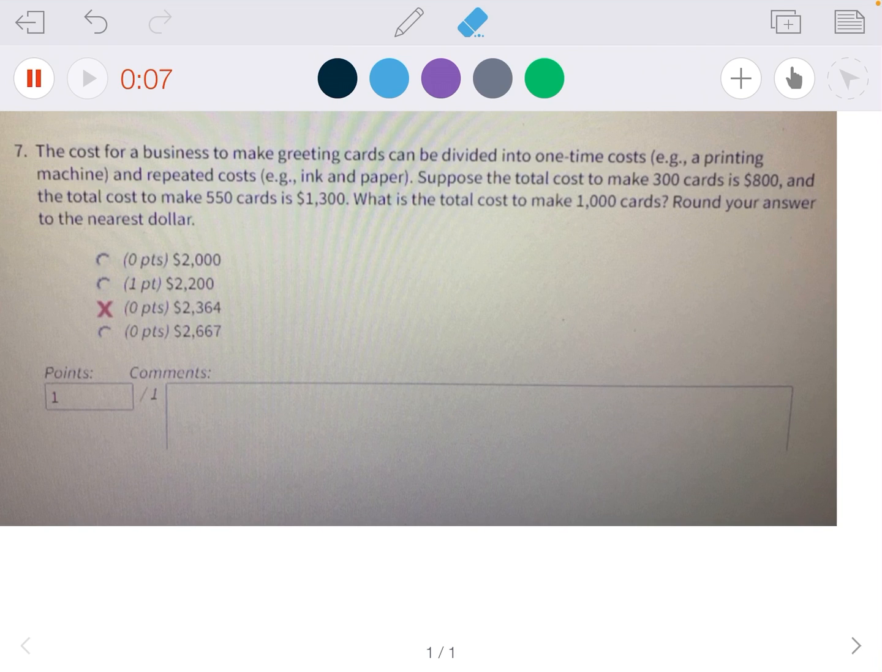I found that I just did a simple miscalculation when we were doing our problems together. So we're going to start off using the same things we were talking about. So we have